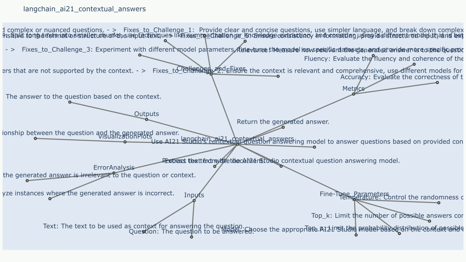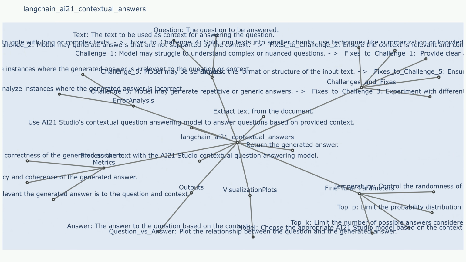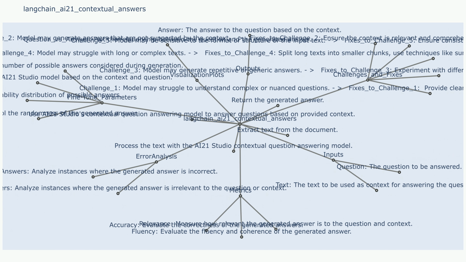Relevance: this evaluates how closely the answer relates to the original question and the context. Visualization plots: word cloud: this could visualize the most frequent words in the answer, highlighting important concepts. Attention map: this might show which parts of the context the model focused on when generating the answer, providing insights